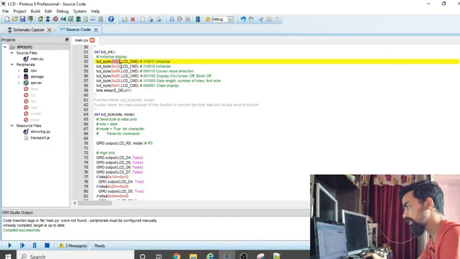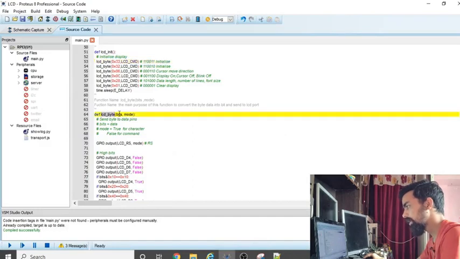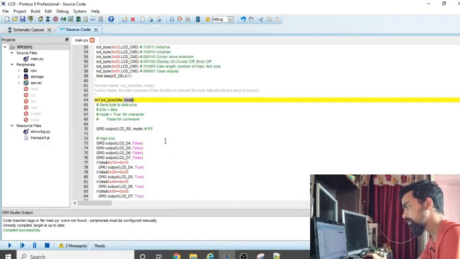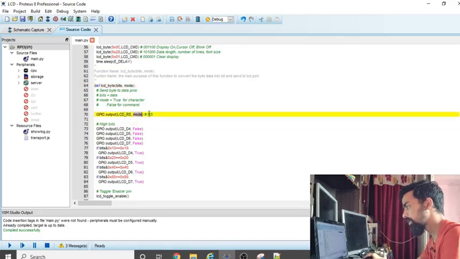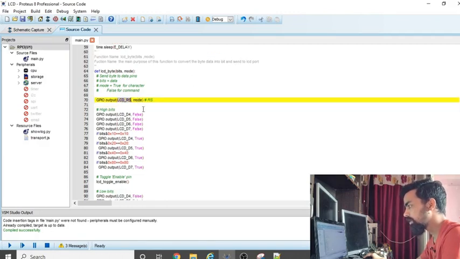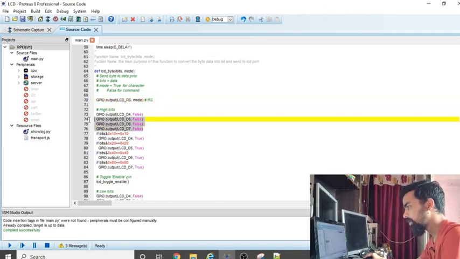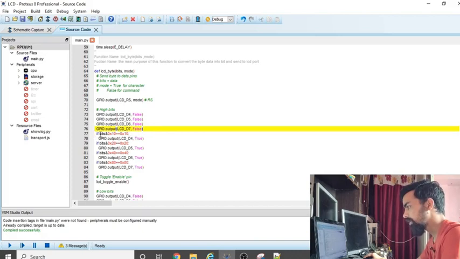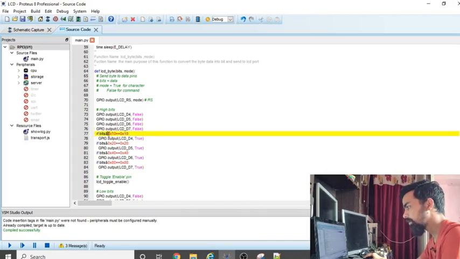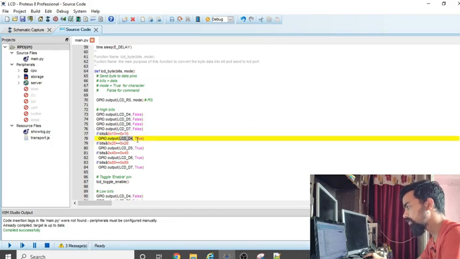First we are sending 33, then the LCD byte function gets it here. The mode is command because we are sending a command. Then GPIO.output sets the LCD RS pin to the mode, that is command, which is 0, meaning the 0 signal is sent on the RS pin. Then by default we send the 0 signal on each and every pin D4, D5, D6, D7. After that we check whether bits masked with 0x10 is equal to 0x10. If so, we set D4 to true.